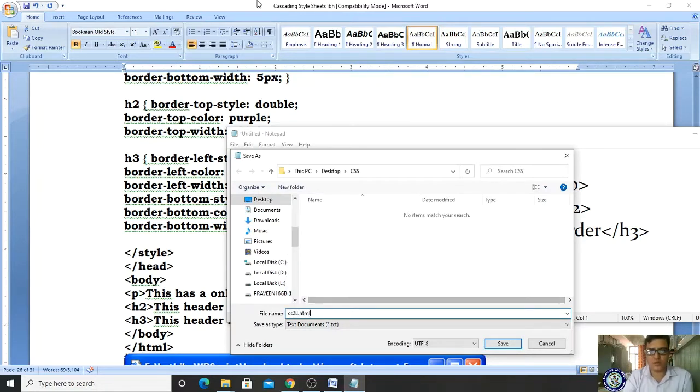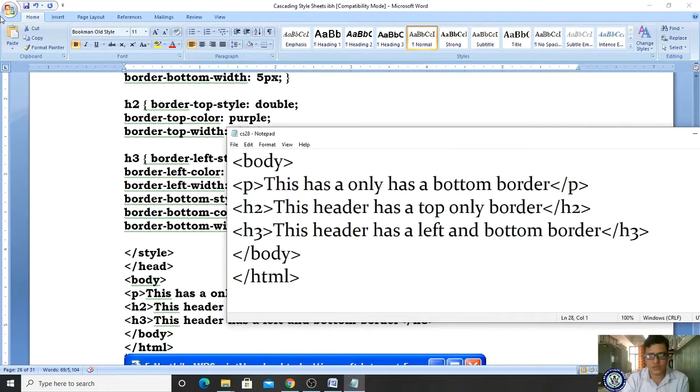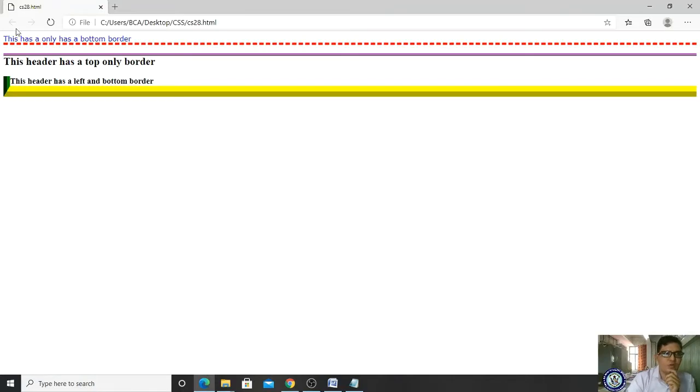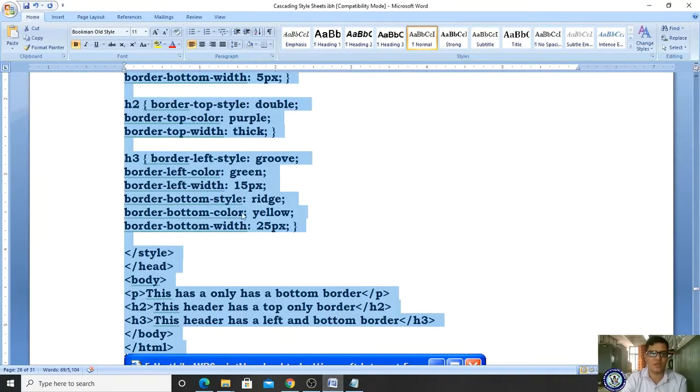Okay, and now you just save it in your CSS folder. Save it, and now open your CSS folder. It is our program. If you run our program, it is showing, right? Yes, hence it is working. Got it? So likewise, you can give separate styles, separate border colors, separate border margins and widths, and all these give a good look to your websites.